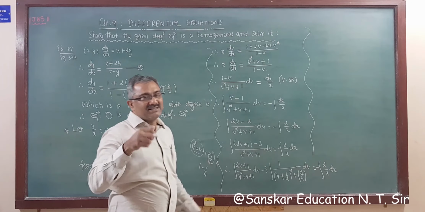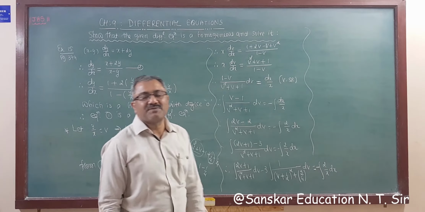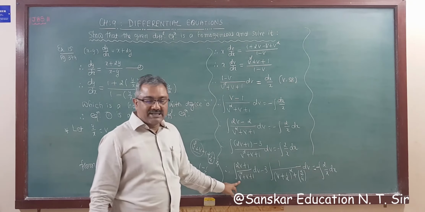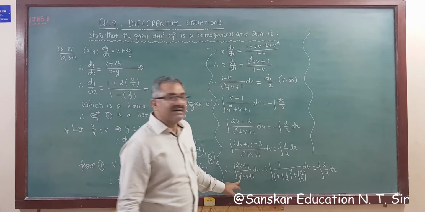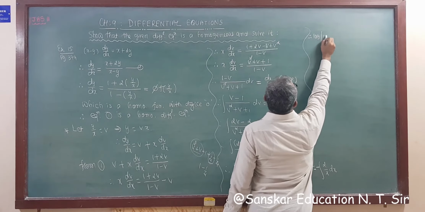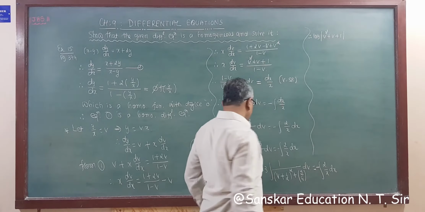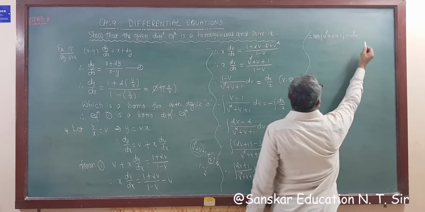So answer of this, right? डिफरेंशियल इक्वेशंस का एग्जांपल लंबा होगा और ये सब प्रूव करना है तो ये जो है होमोजेनियस डिफरेंशियल इक्वेशन वो 4 मार्क्स के लिए आपके इंपॉर्टेंट है. So derivative of denominator is in numerator, so answer of this is log mod v square plus v plus 1. So answer is therefore log mod v square plus v plus 1, right? Minus 3 as it is, so minus 3 as it is, right?